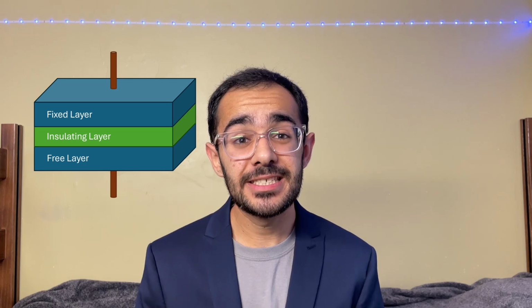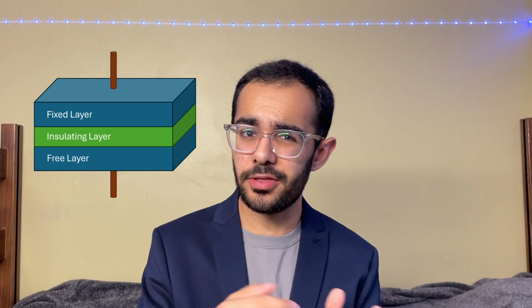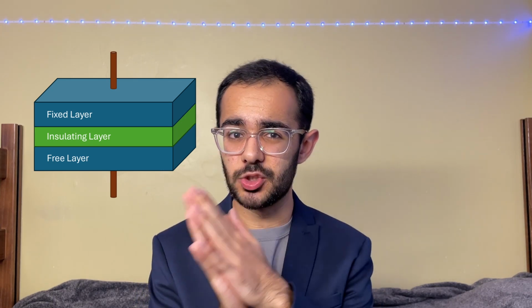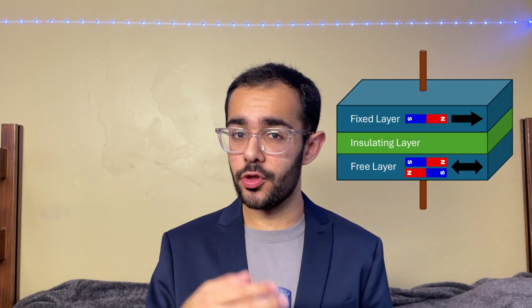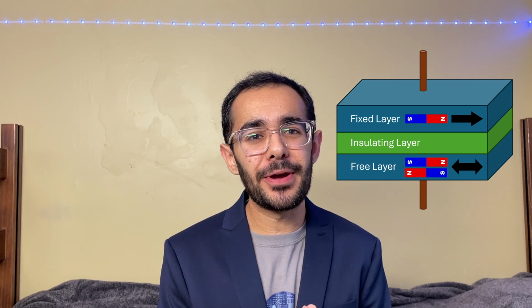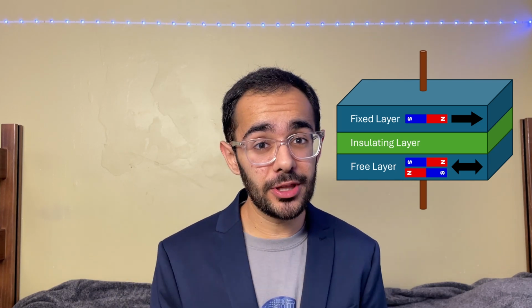Now I know all these terms sound very confusing at first, but Professor Einstein is here to explain it to you. Let me break it down. This MTJ consists of two magnetic layers separated by a thin insulating barrier. One of these magnetic layers has a fixed magnetic orientation, while the other one is free to change its orientation. You can think of each of these layers like a bar magnet, which has a north and south pole. For the fixed layer, the bar magnet can only point in one direction, but for the free layer, the bar